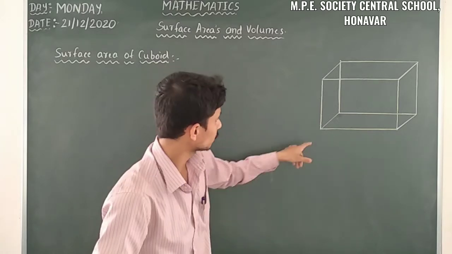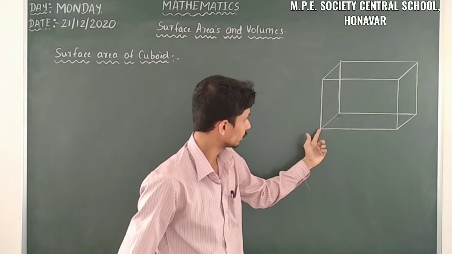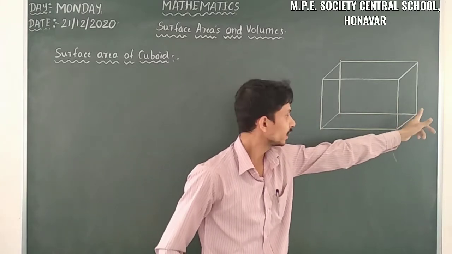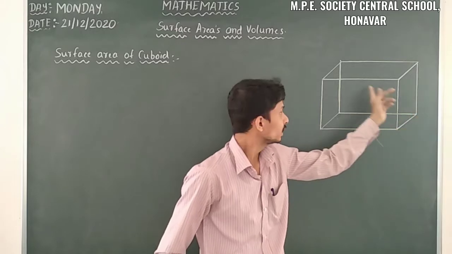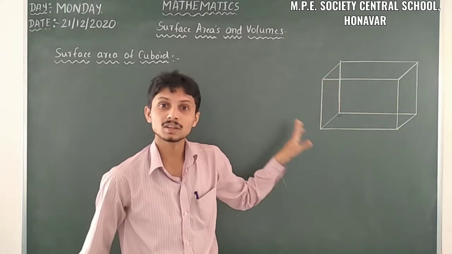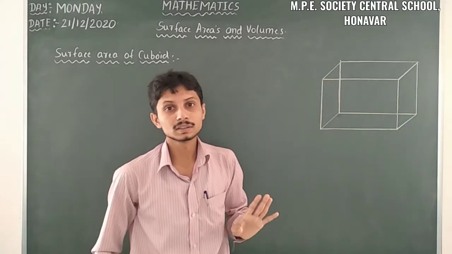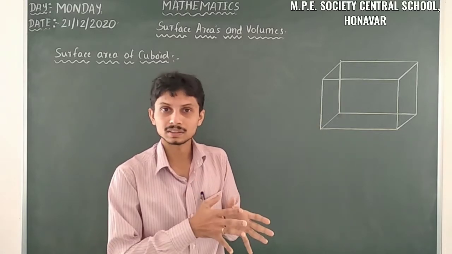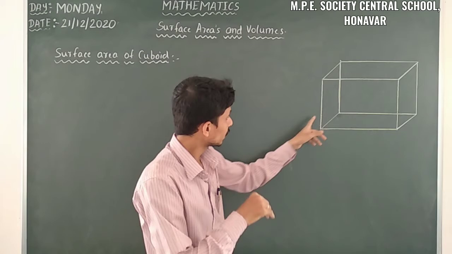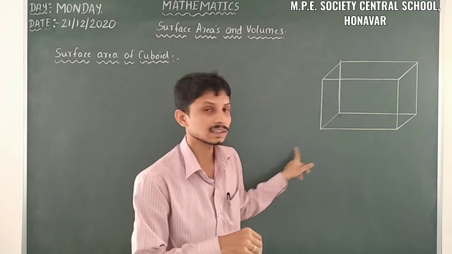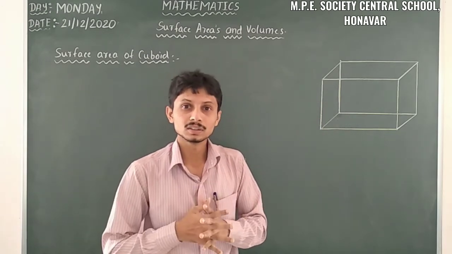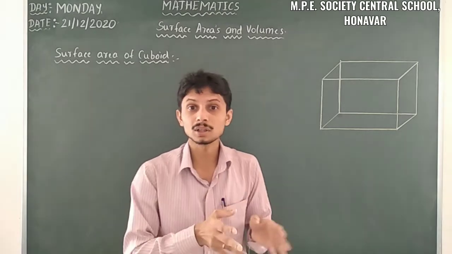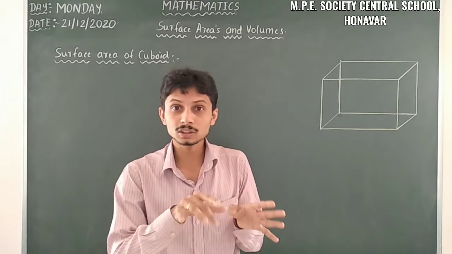That means here just observe this vertex. We have three lines. In this vertex we have three lines, and here we have three lines. In all the cases, all the points, all the vertices, we have three lines. So that's why we are calling it three-dimensional. That is, here we have x-axis, y-axis, and z-axis. Likewise, you can take this three-dimensional view in the corner of the room. So the corner of the room also, just observe there.